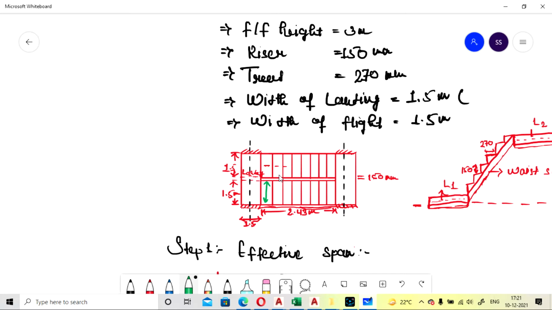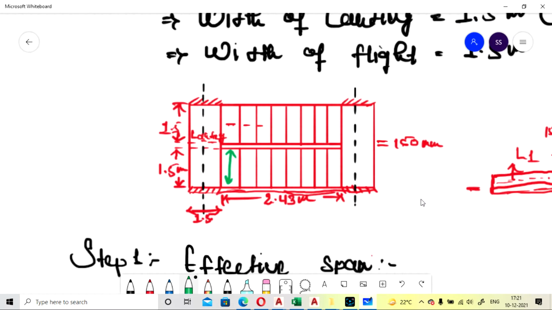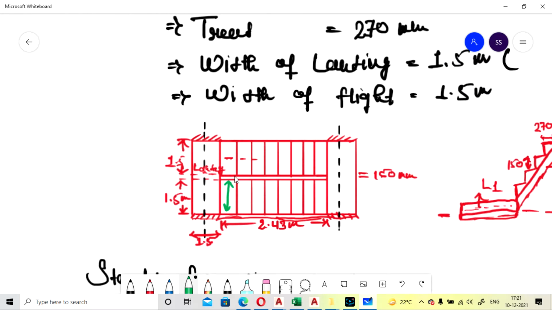It is taken as 1.5, and the gap between the two flights is taken as 150. This gap between flights will be taken as 150.